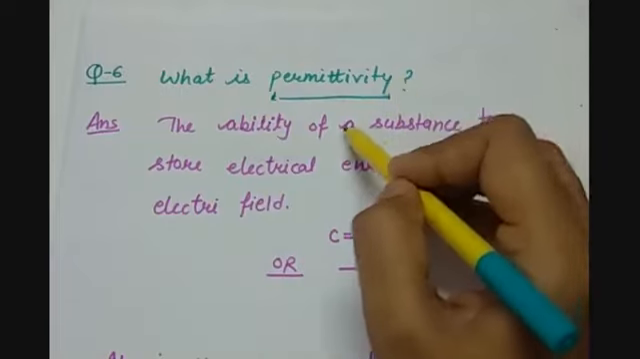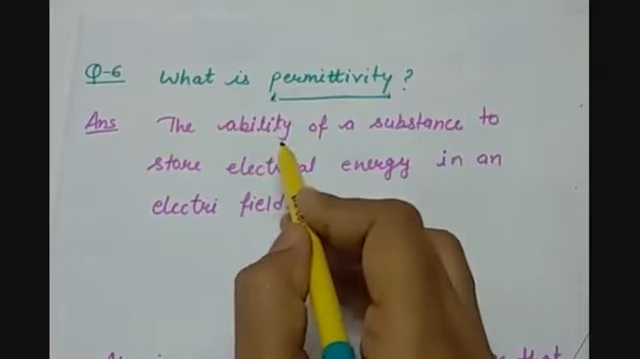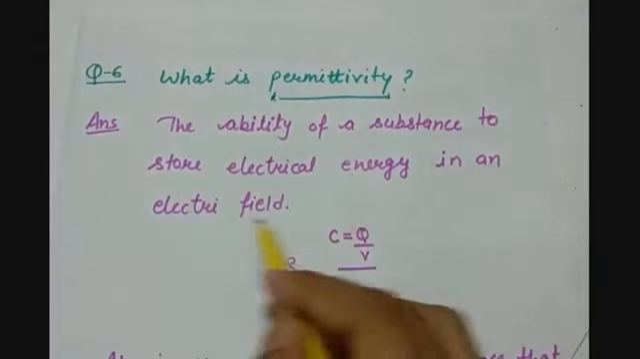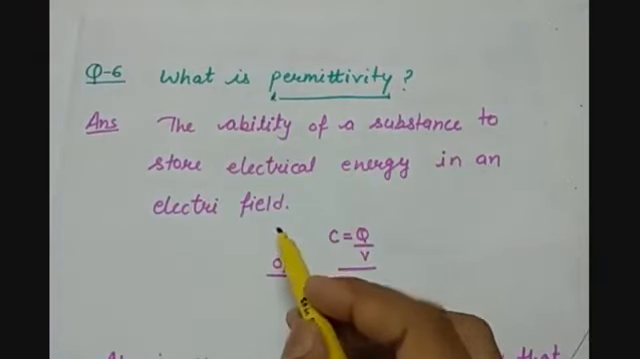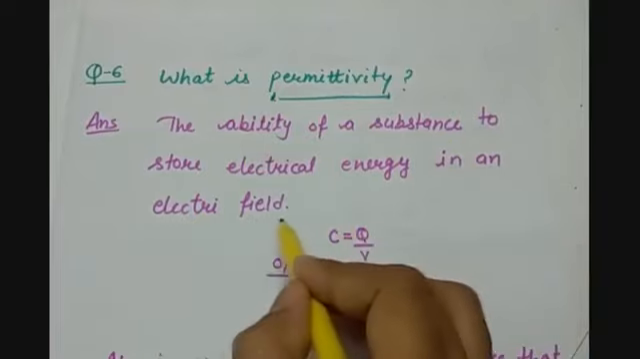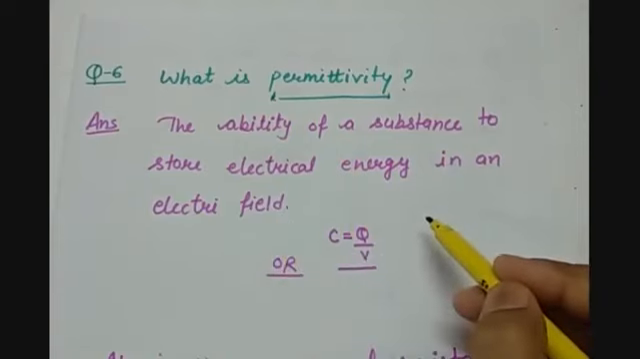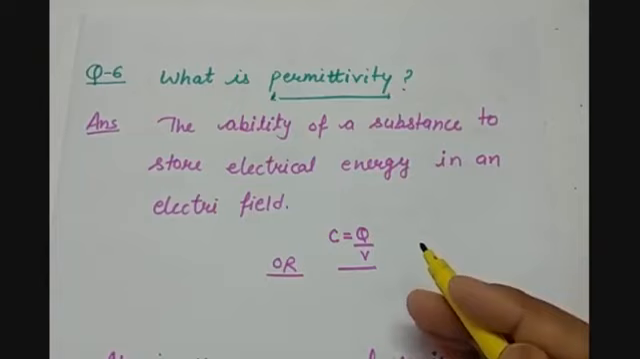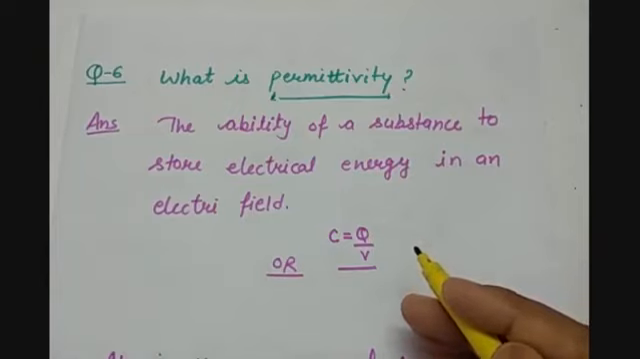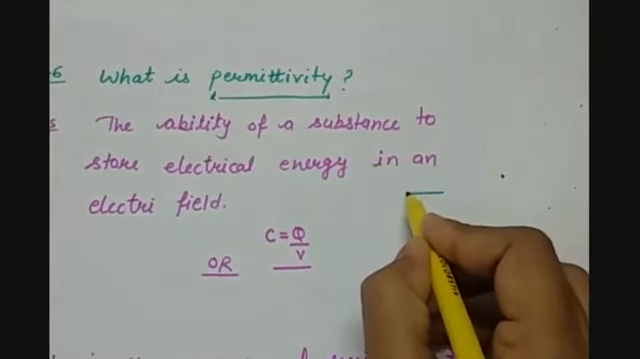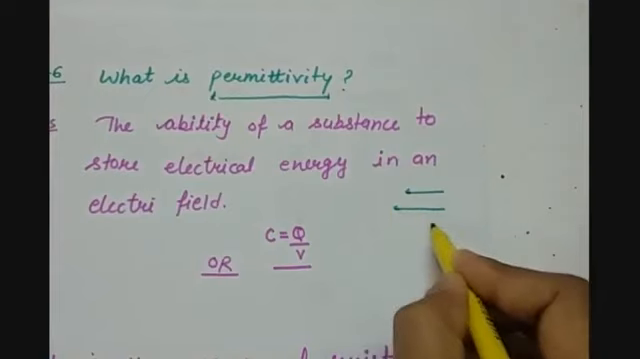So it can be defined as the ability of a substance to store electrical energy in an electric field. That when a substance is placed in an electric field, then that substance is able to store the electrical energy. Then it is called the permittivity or the allowance to the electric field lines passing through it. Or you can take it as that when we are having electric field lines